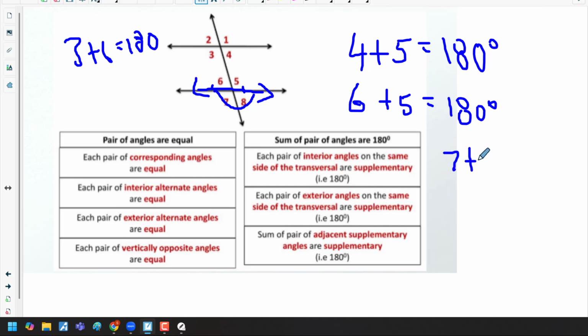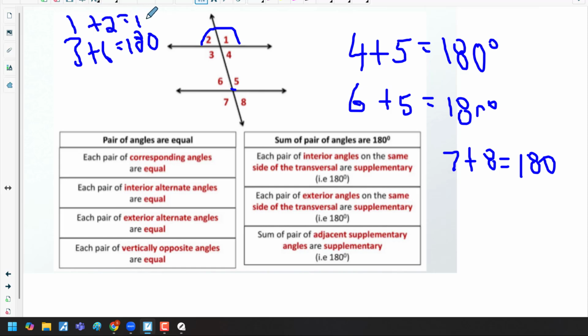So 7 plus 8 will also equal 180. Similarly, if we do the same line pattern, 1 plus 2 is equal to 180, and 3 plus 4